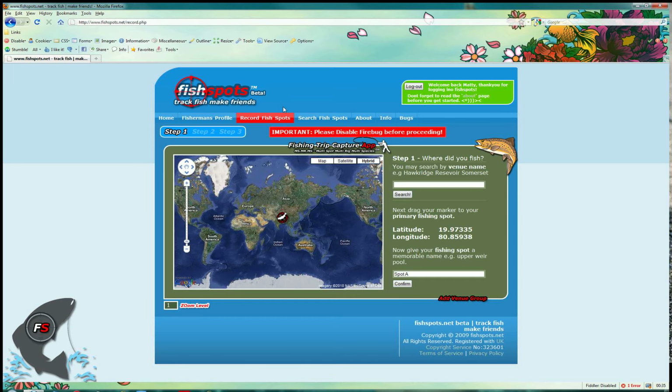This is the part of the site which allows you to create very detailed records of your fishing trips. You can actually go into as much or as little detail about your successful fishing trips as possible. I'll just step you through each of the individual parts of the application to give you an overview of how to use it. So if we start off on step 1,